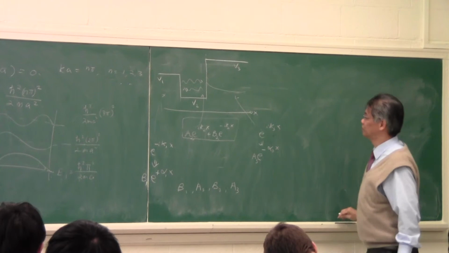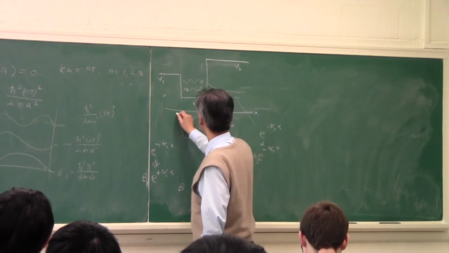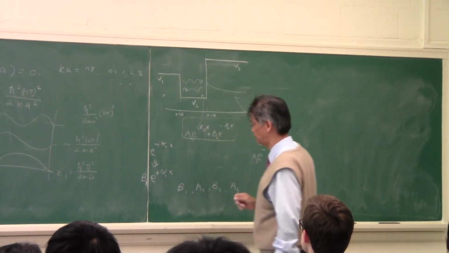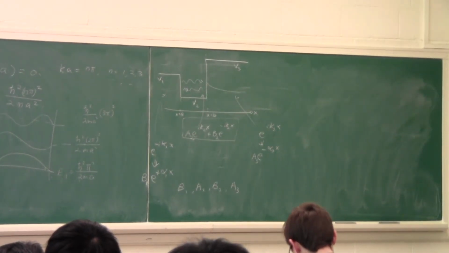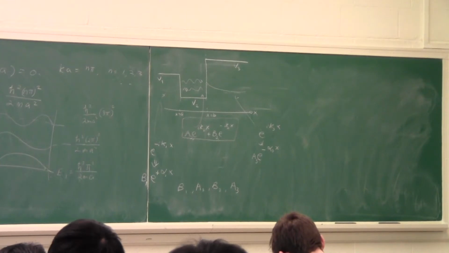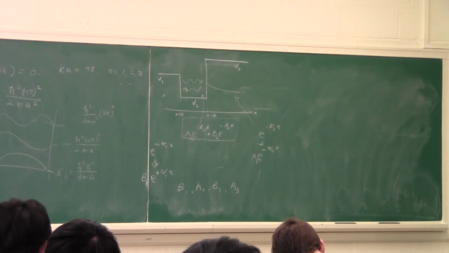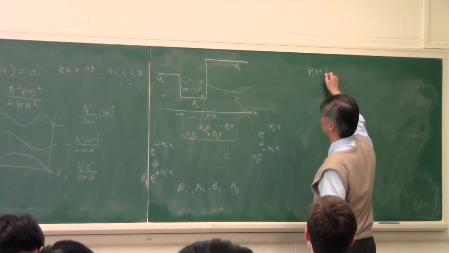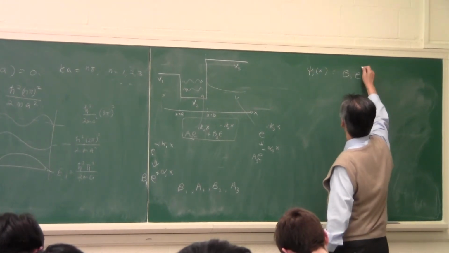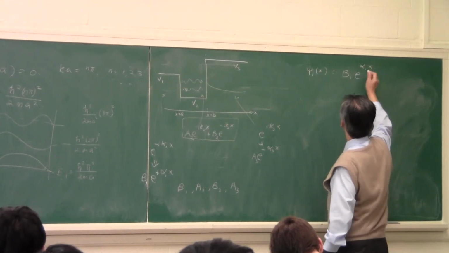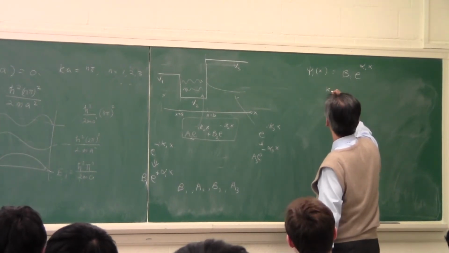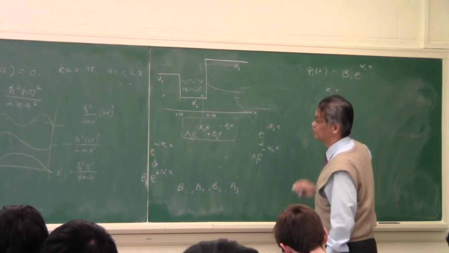What are the boundary conditions at x equal to A and x equal to B? What are the boundary conditions that I should have over there? We talked about that just a little while ago. So if I were to write the solution in region 1, psi 1(x) is equal to B1 e to the alpha 1 x. And then alpha 1 is the k1 should be equal to, I